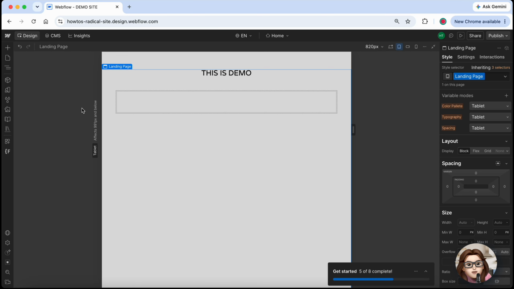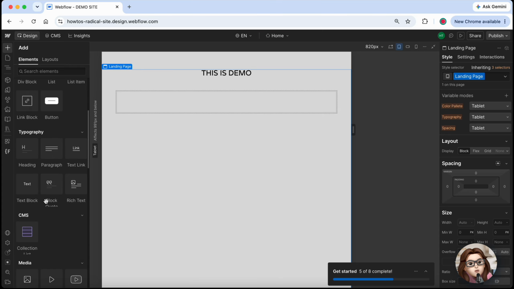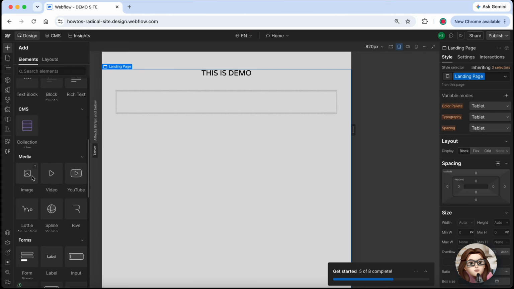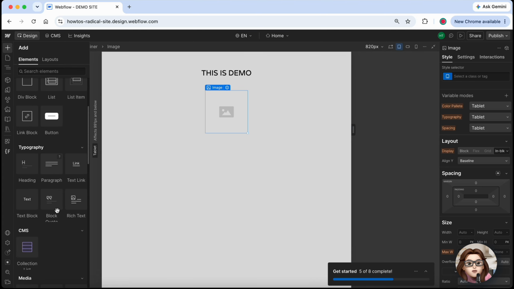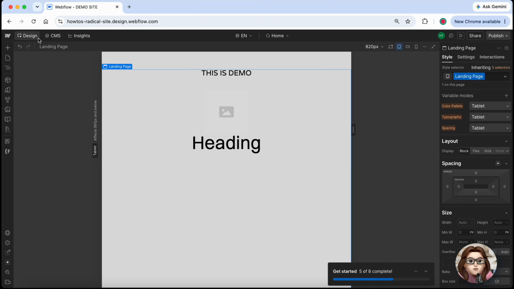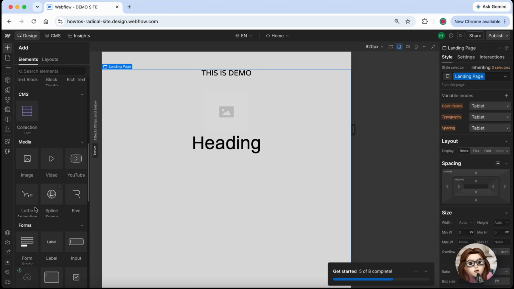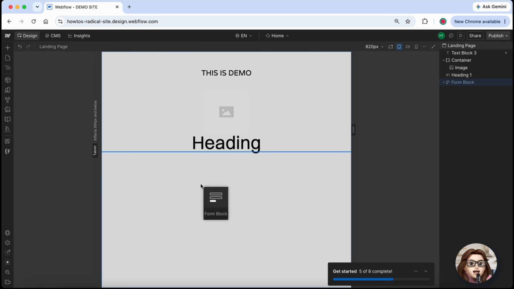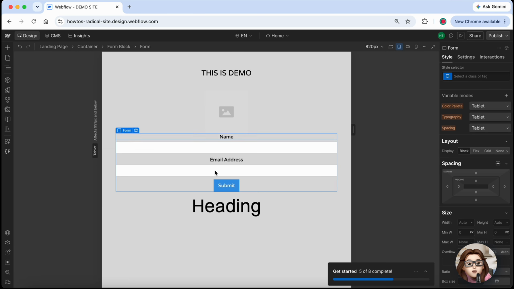Once your project opens, use the designer to add sections, headings, images, buttons, forms, videos, and other elements from the Add Elements panel. Customize the layout, colors, typography, spacing, and interactions to match your design. You can rearrange sections, add new pages, and build any type of website, from portfolios and blogs to business sites